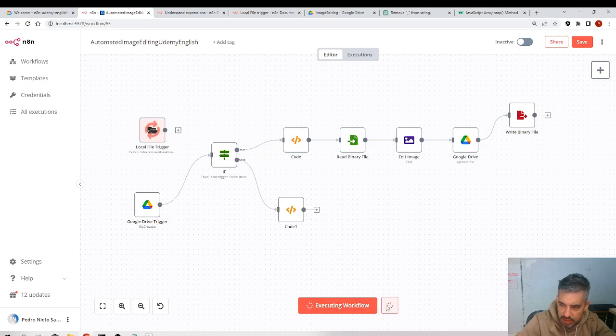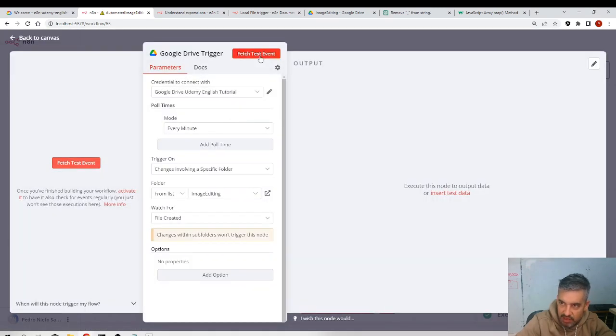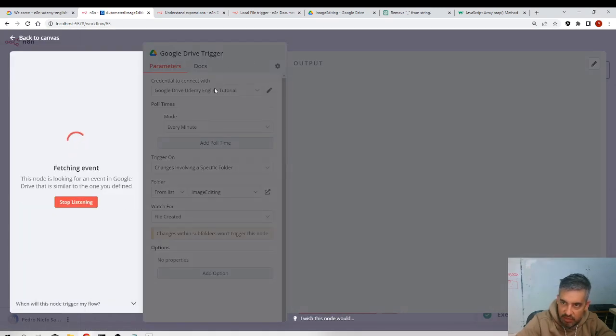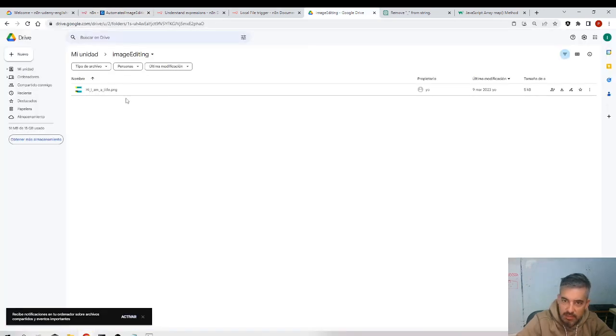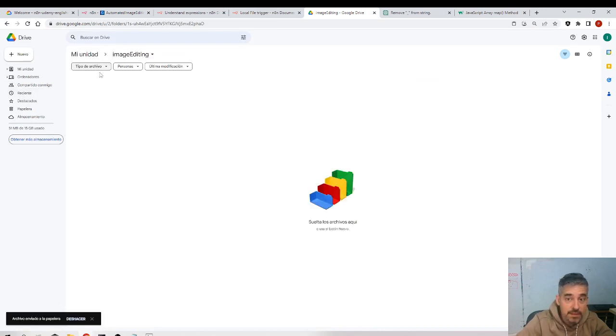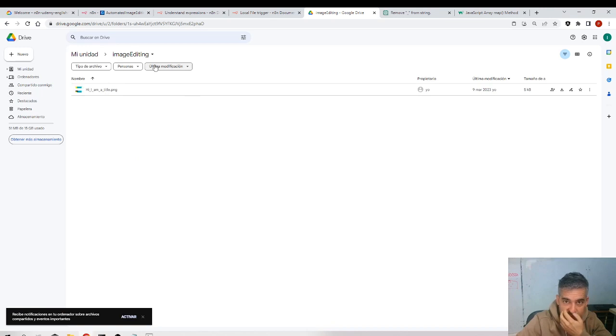Now I'll stop it. I'll execute this directly. If I execute this node, I'll make it step by step. Remember, execute workflow executes the whole workflow. Listening, image editing. I'll upload it again because it needs to detect in the moment. So I will upload it, and now